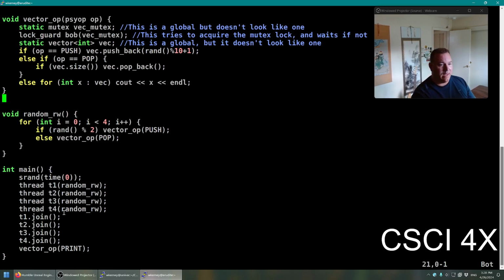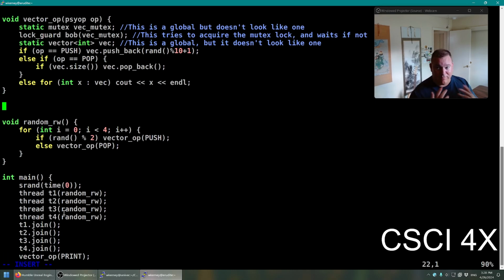So we've got a problem if we are trying to work with a vector. And for your RPG assignment, you're probably going to have to multi-thread your